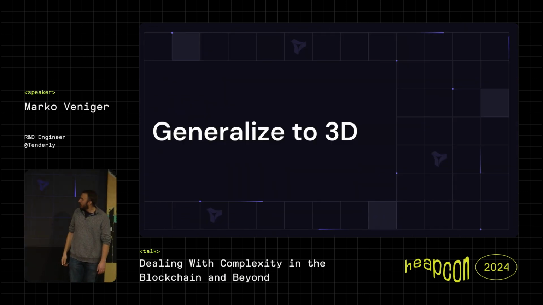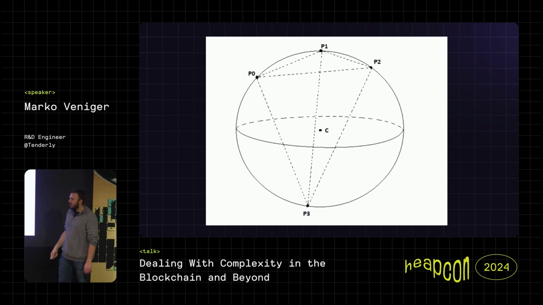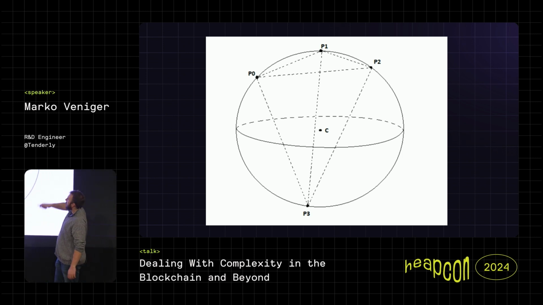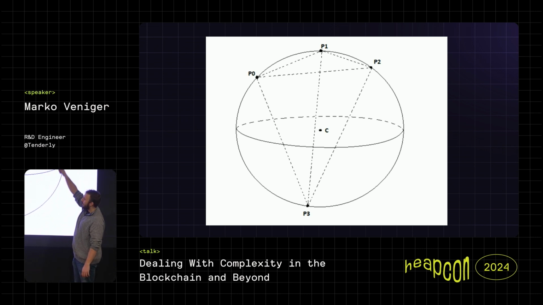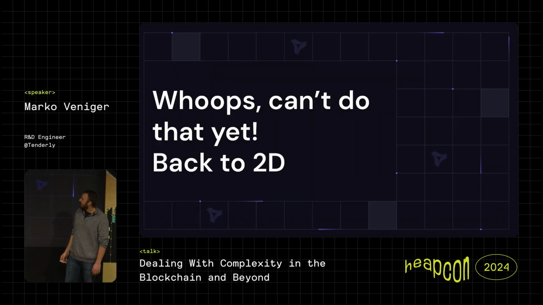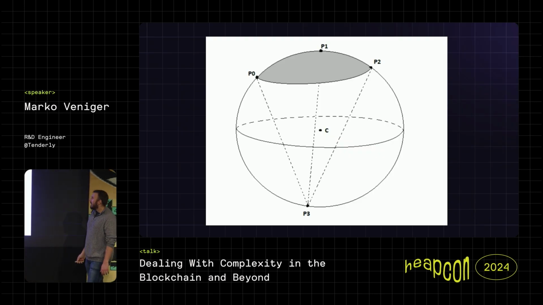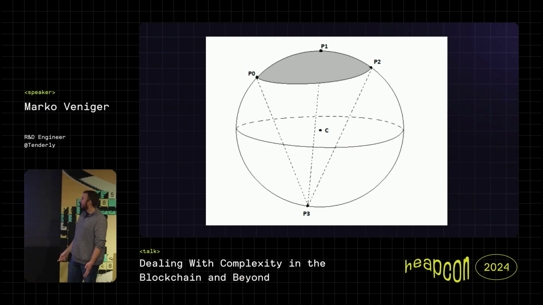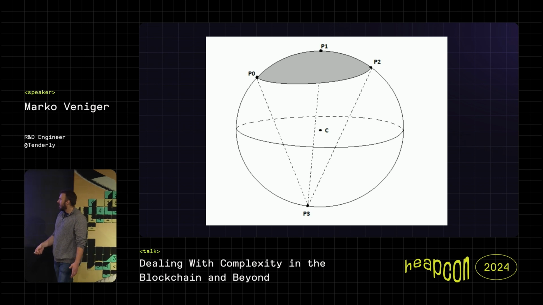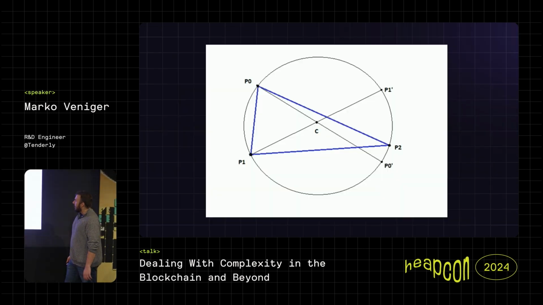So we go back to the 3D case. What do we do? We try to generalize, try to find the same thing. 3 points, three lines that go through the middle, and then you calculate the average size area of this oblique triangle. And how do we do that? We can't really. It's really too hard because you generalize to 2D, but it doesn't really translate to 3D, because how do you calculate this? It's really, really hard.